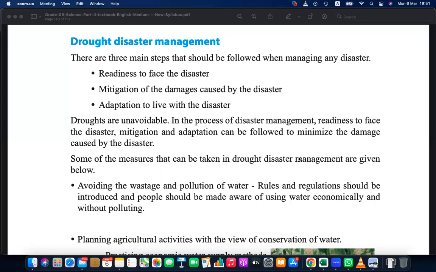We can protect water, we can reduce hydro plants, reduce waste in water. So some activities can be done to mitigate that, control that. Adaptation, live with the disaster, like corona. So it is not only for the drought, but even in a drought situation it can be done. Adaptation is basically, so sometimes these deep wells,